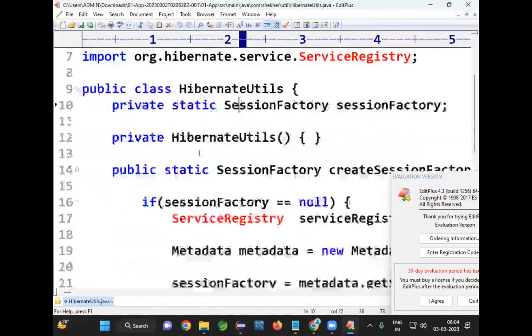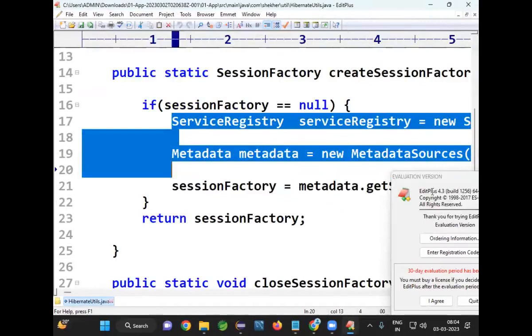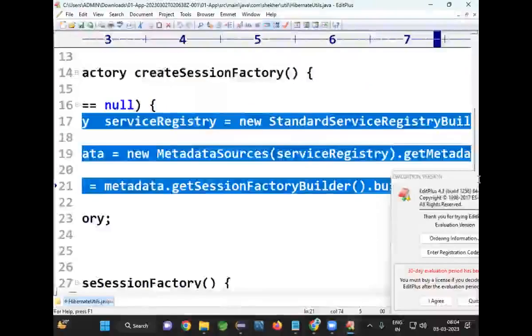Just a minute, I'll explain the code. The code is